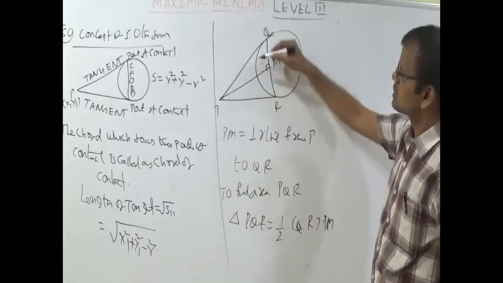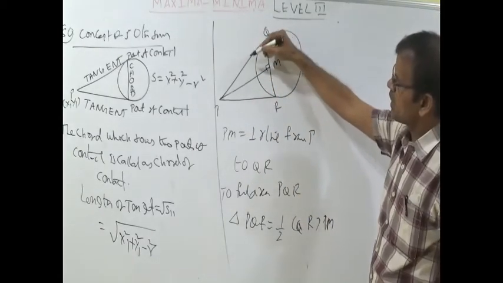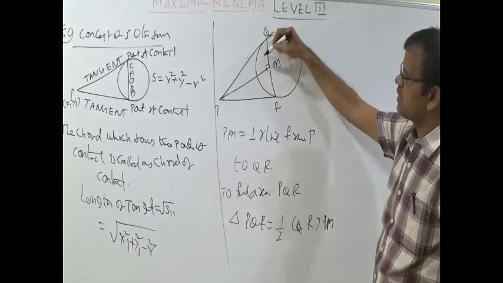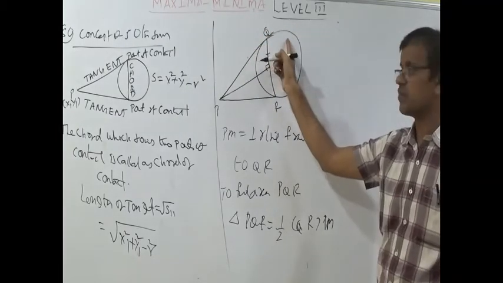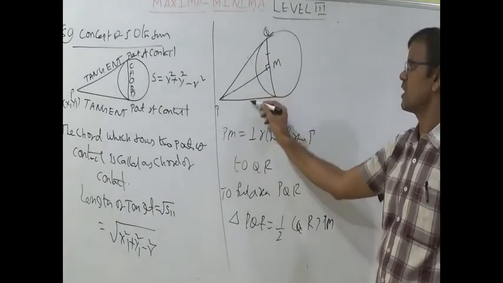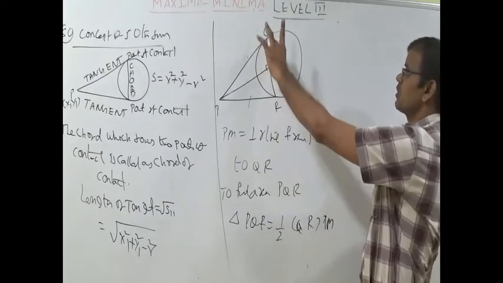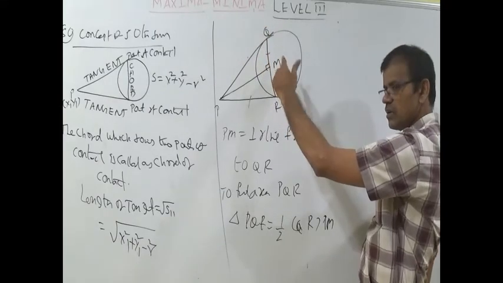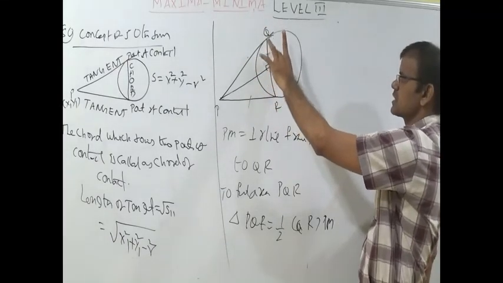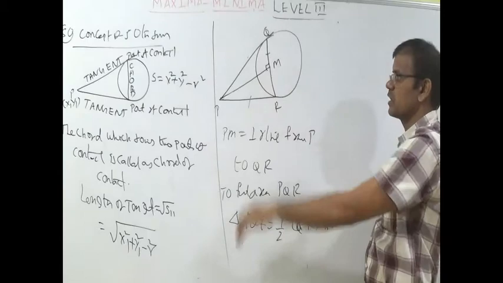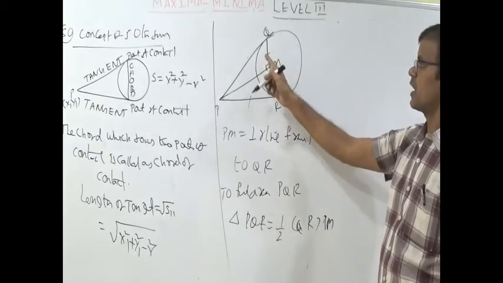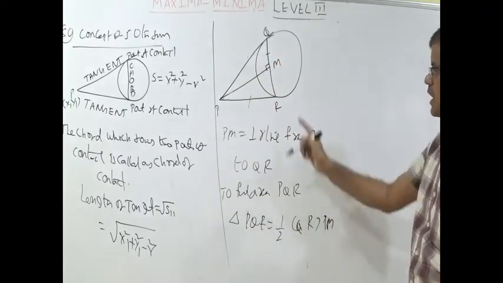So using this one, this is a right angle triangle, this is the hypotenuse, this is a side. Square of hypotenuse equals the sum of the squares of the other two sides, and this is the hypotenuse for this triangle, square of hypotenuse equals the sum of the squares of the other two sides. If we get this one, we can get this one easily, if it is x, this is x, if it is y, this is y, like that we can do. If we calculate this one, it is enough to calculate the area.